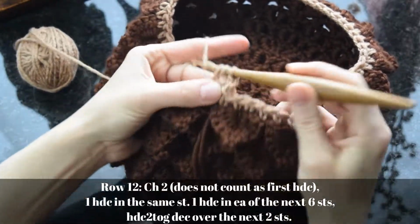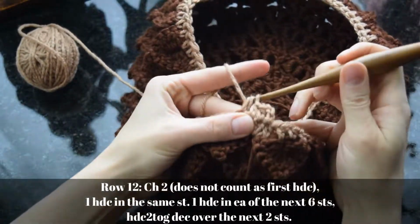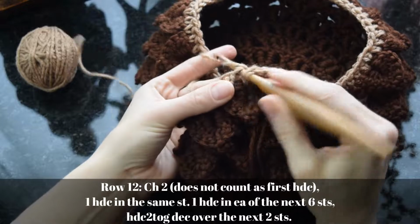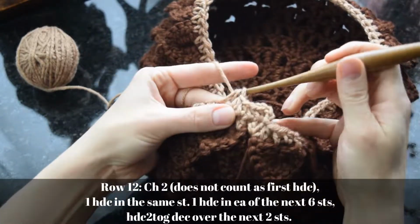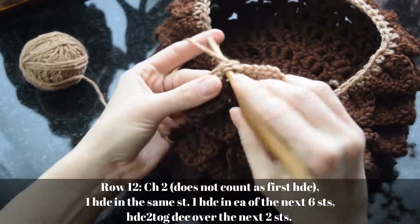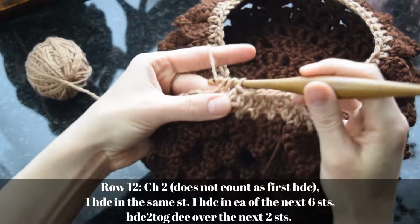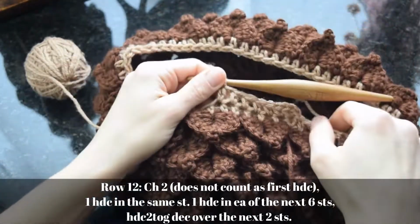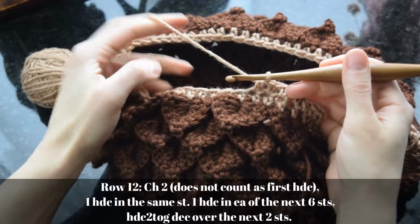So half double 1, 2, 3, 4, 5, and 6. Over the next 2 half double stitches, we're going to work a half double crochet 2 together, which